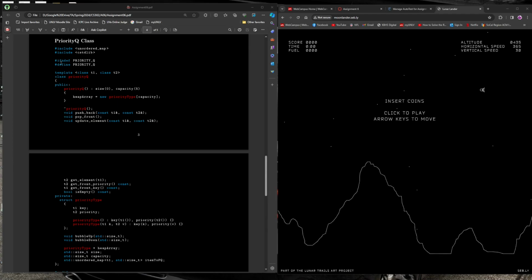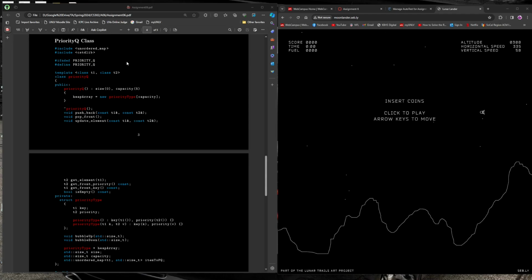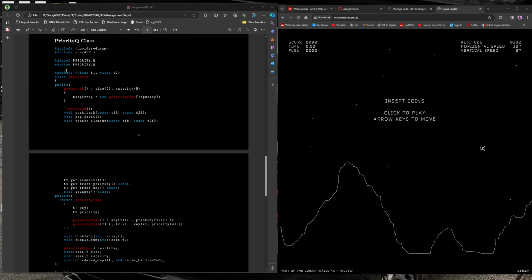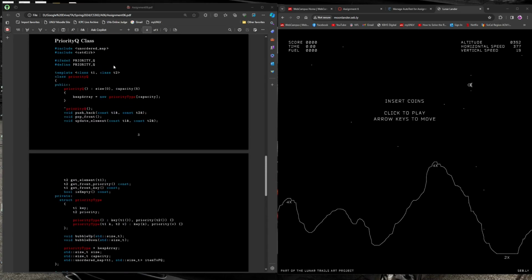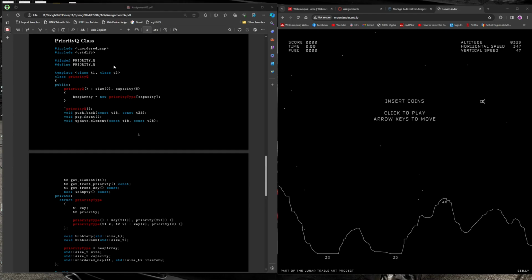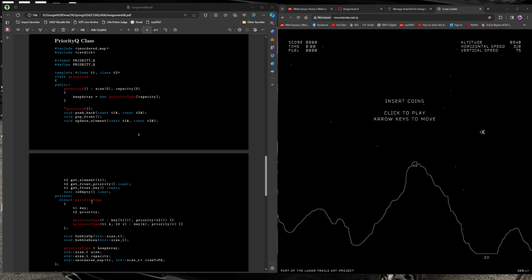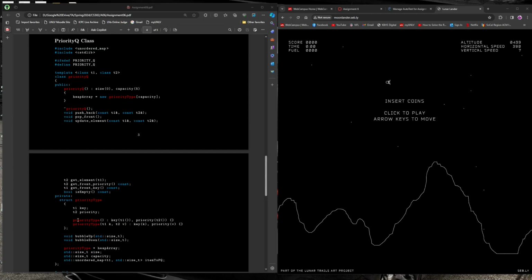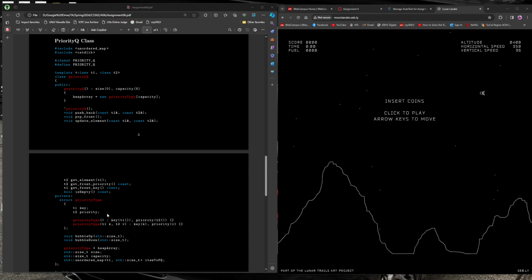So we use these header guards once again because we might actually end up redefining it in multiple areas. So to be safe, we'll put these header guards right here to end if, and we have the header guards right there. So like a standard priority queue, we're going to have a key and priority value pair. So let's look at the struct. So we have a priority type, we have a key and priority. And I also gave you guys the constructor as well to make it a little bit easier to insert elements